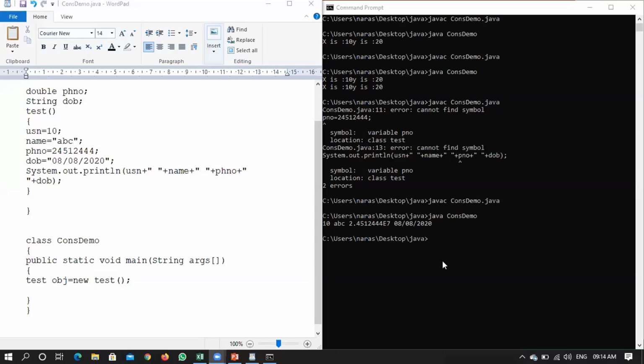If you are clear with the example, quickly we will change this particular set of instructions and see the constructor in a better way. Still the program is lengthy, right? Instead of initializing in the main method, you are initializing within a constructor. Even if you create 1,000 objects now, for all the 1,000 objects you will be assigning the same values, where the number of instructions has been reduced.